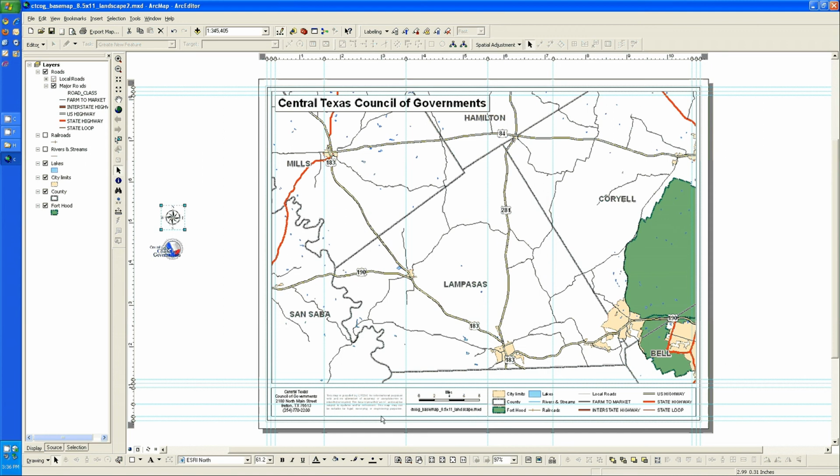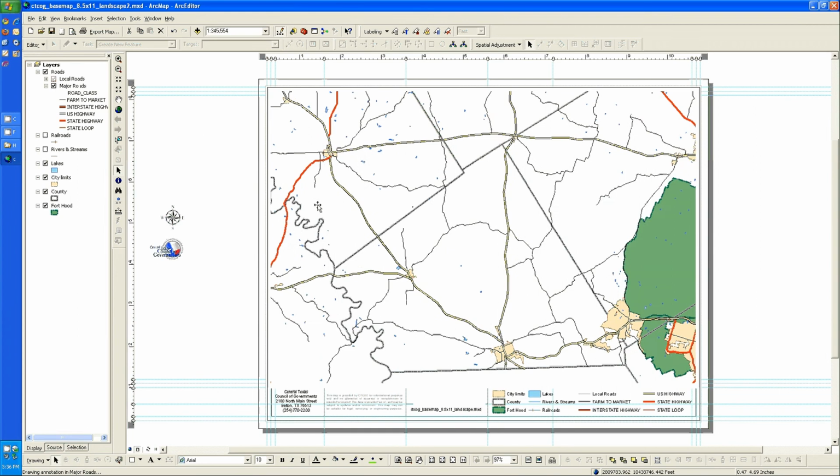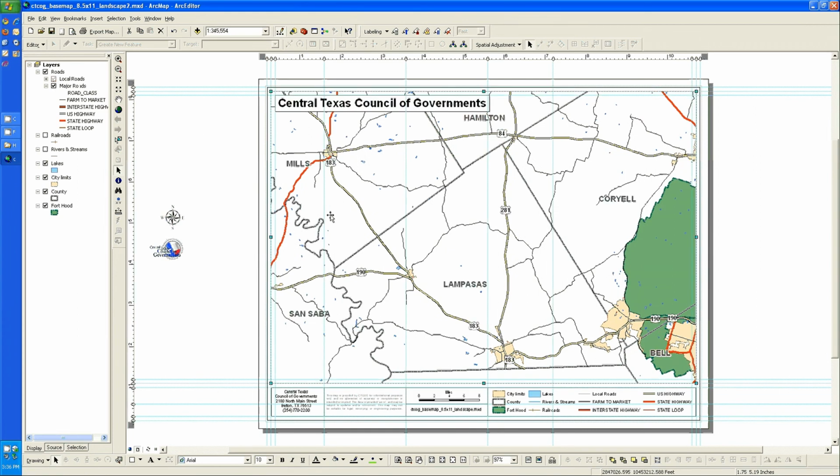So we're back here with our base map, and our client has come back and asked us if we could recreate this map on an 11 by 17 page. It's because we have a template to do that. If you had an 11 by 17 base map, you could do that as well, and the really hard way